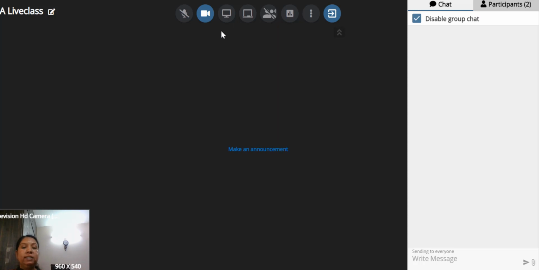So once I have kept it in the maximum window, this live class interface will get hidden. So what I'll be doing, I'll be moving my cursor on my taskbar and selecting the live class tab and opening it. So I am not minimizing OneNote, I am only switching the tabs. Now that I have switched my tab, I'm in the live class window. Now I'll go to my screen share option.